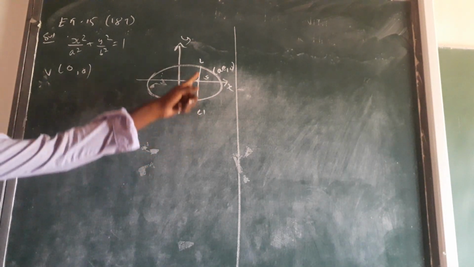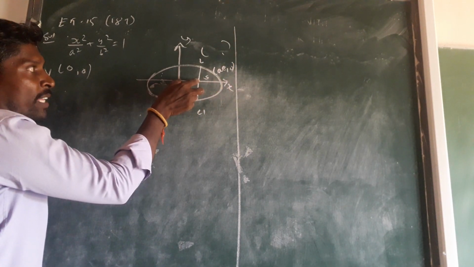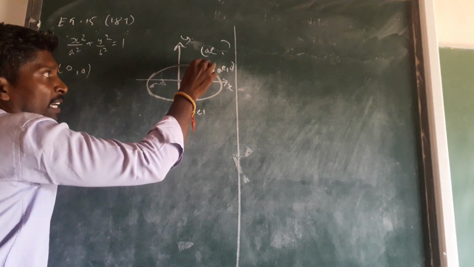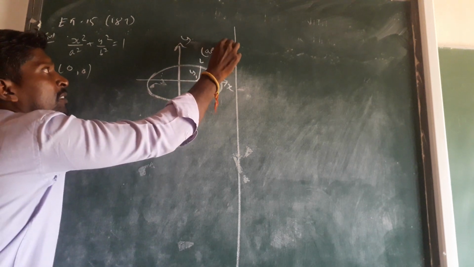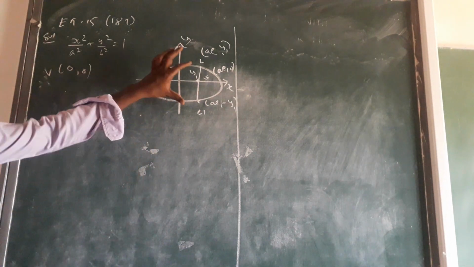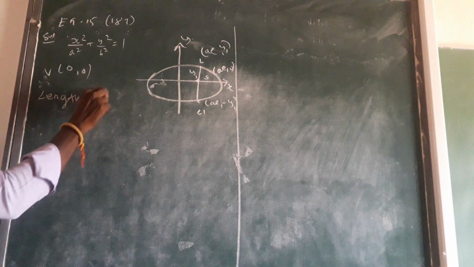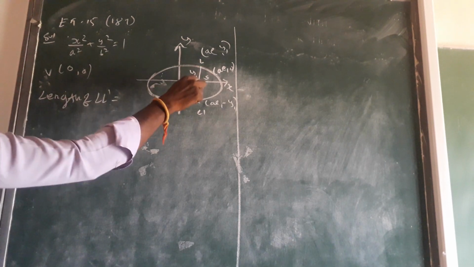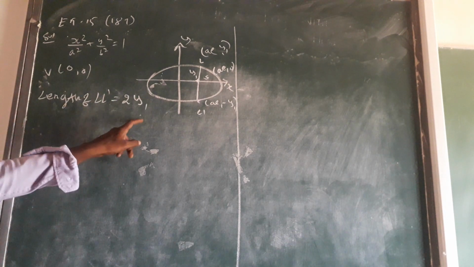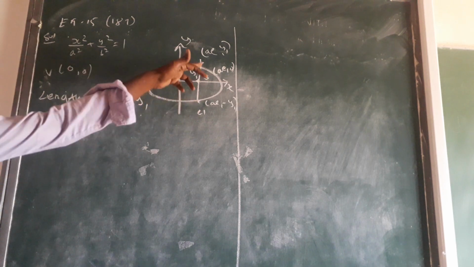Now what is the equation of the latus rectum? If we take the L coordinate, the x value is ae, with the help of the focus. Then we don't know this height, so assume it as y1. The L dash becomes ae, minus y1. They asked to find the length of the latus rectum. So the length of L L dash is y1 plus y1, which is 2y1. After finding the y1 value, multiply by 2 to get the length of the latus rectum.